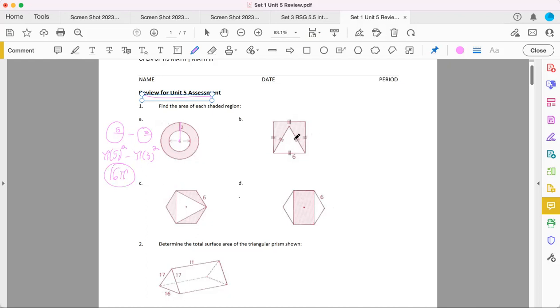And here, this is an equilateral triangle inside of a square. This is kind of an interesting problem. You could take the idea that this is a 6 by 6 square, and just deduct that equilateral triangle in the middle, where, yes, you're able to say that this is 6, 6, 6. And you might be curious, how can I get the height of this? Well, if you bisect this,